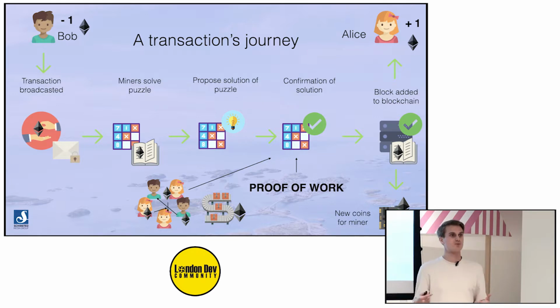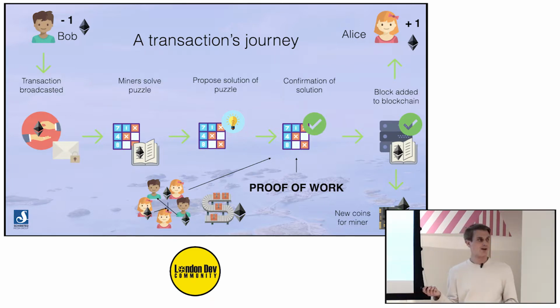So miners try to come up with this random number, which solves this problem. And when they have a solution, you will broadcast that to all the other nodes on the network. And they can very easily verify if that is correct. So even though it can be extremely computationally heavy to find that correct number, to come up with a solution which matches the constraint, it can be very easy to verify that this is the truth.